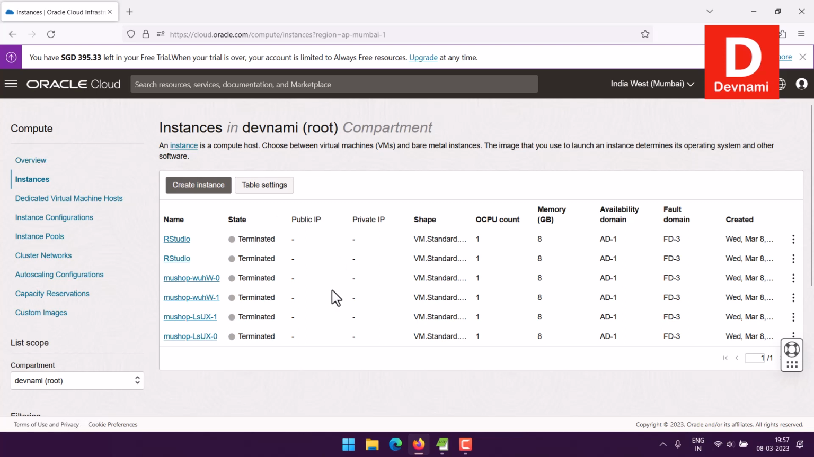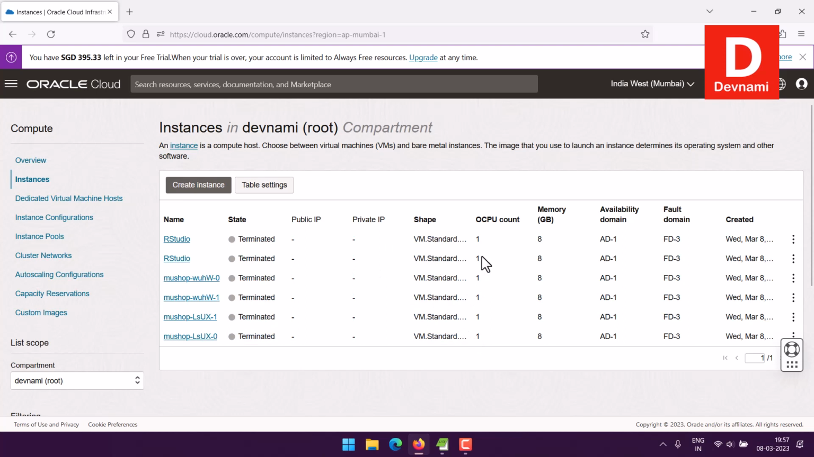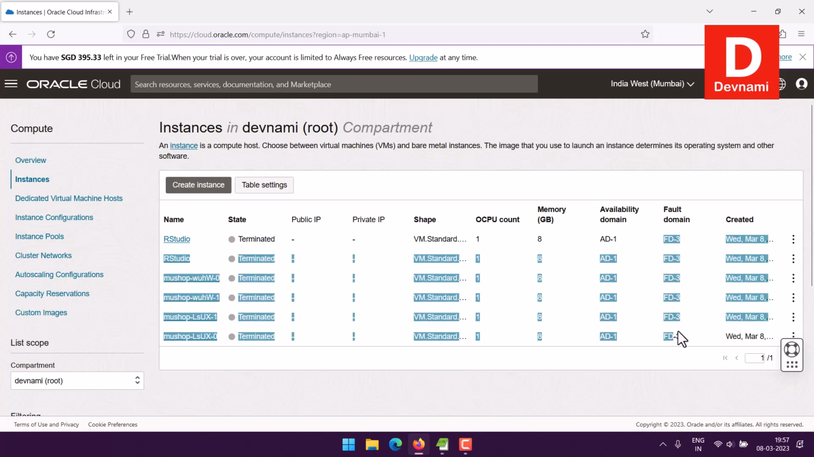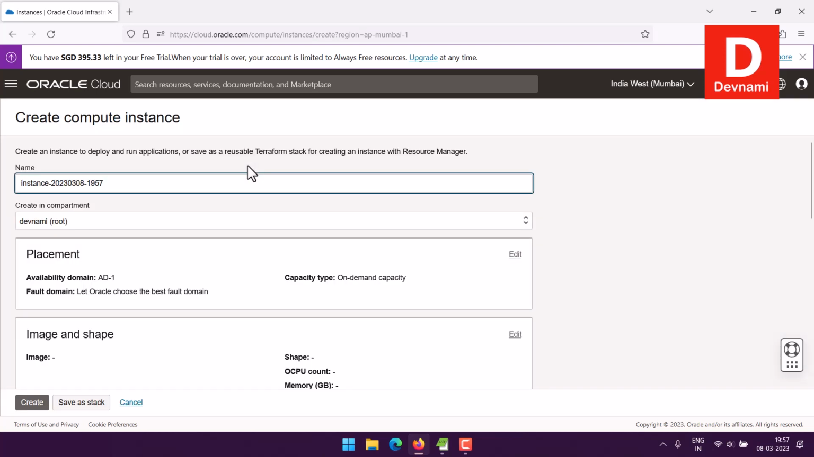As you can see, I already terminated some of the previously tested instances which had one CPU, 8 GB memory, and also had a fault domain, right. So what if I want to create an AMD instance? So click on create instance, and here I will name this instance something. So let's say AMD